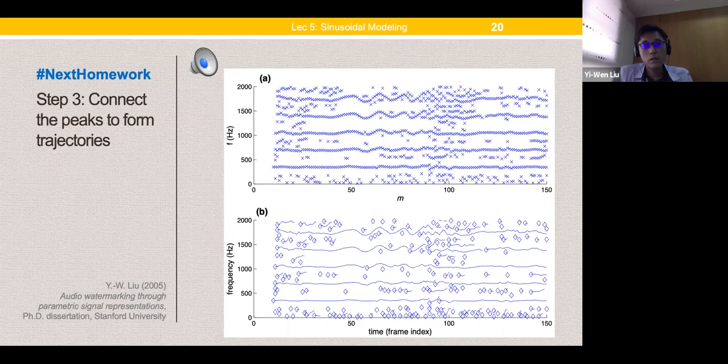Canzone. Right. So on top in figure A, what we're looking at is the result of peak finding. For every frame, little m stands for the frame index, we are looking at up to a few peaks. And if we just plot the location, put a cross wherever we find the peak in that frame, then this is the result. And I hope that we can all agree that, at least to our eyes,